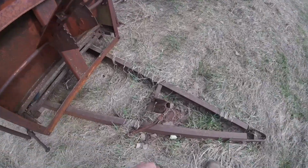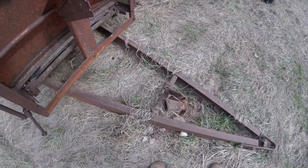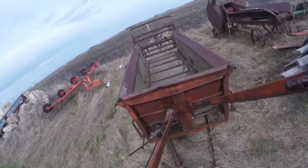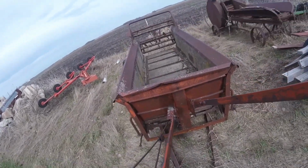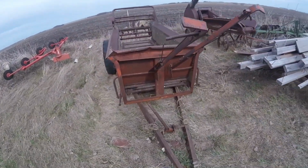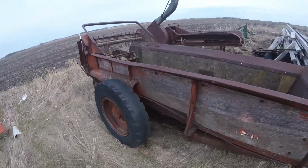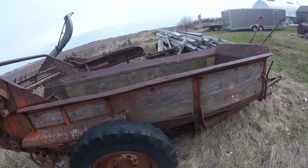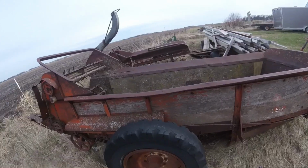I say a lot, but this is supposed to be a jack. This is what's left of it. The gears or levers still work though, so that's nice. I mean, it's somewhat close to running. It just needs a little more work and TLC, I guess. But if I could, I'd sell this and buy a Dearborn. But that isn't happening anytime soon, so